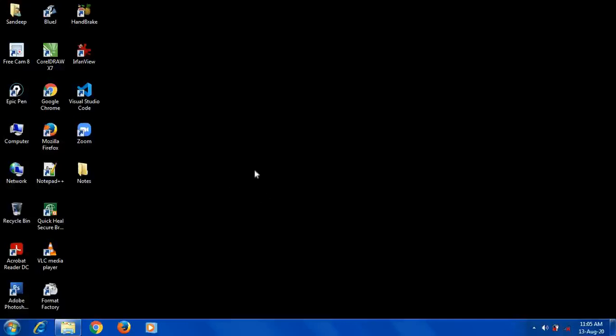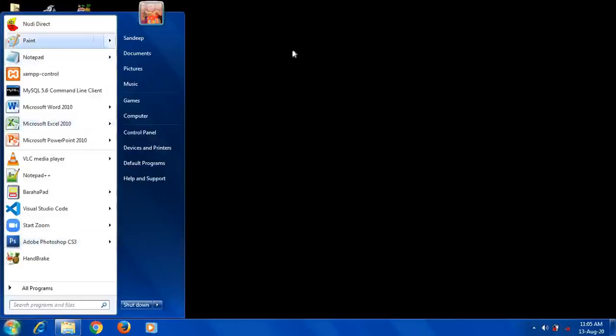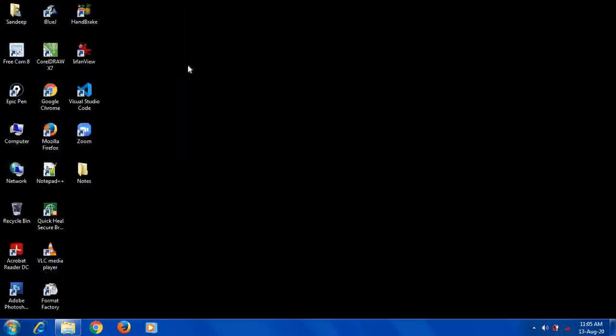In my last class I already discussed what a graphical user interface is, and it makes the interaction between the computer and the user easy. We can interact with this operating system directly with the help of graphics. We need not remember any commands. With the mouse we can directly click on the options, open them, and have access to all the options in Windows 7.